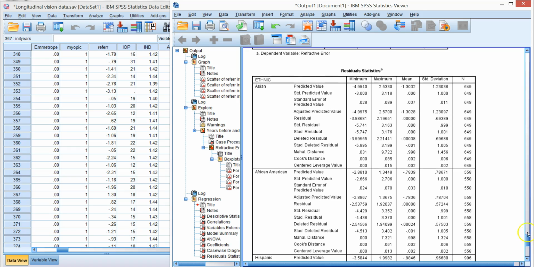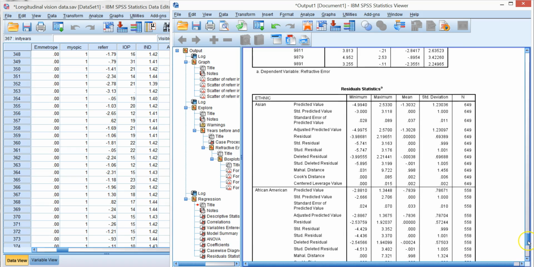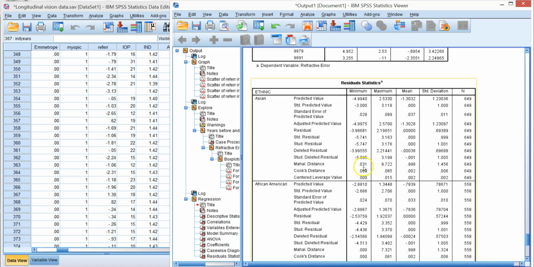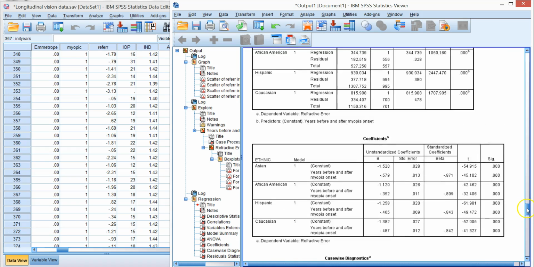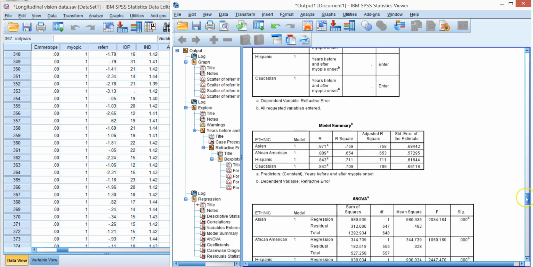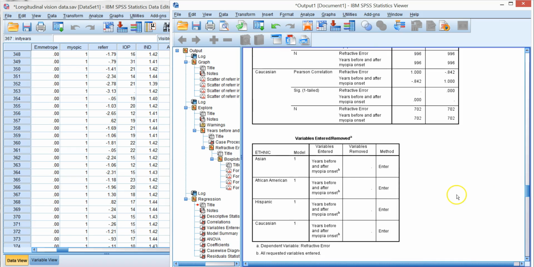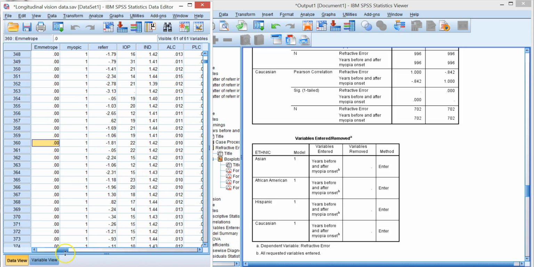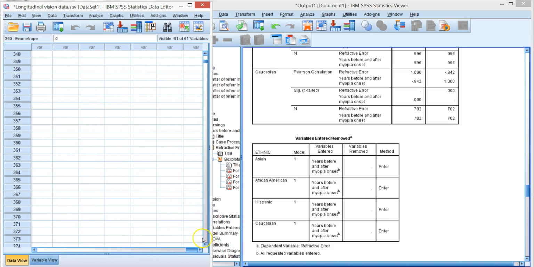Our residual statistics, we're not really going to go into right now, but these give you lots of information on the various influence statistics and the like. This is for another video. All right, that's how you do regression. Oh, one more thing I should show you. If we go to the end here,